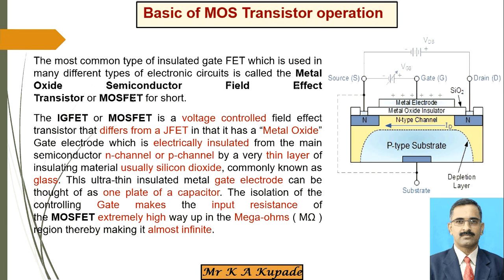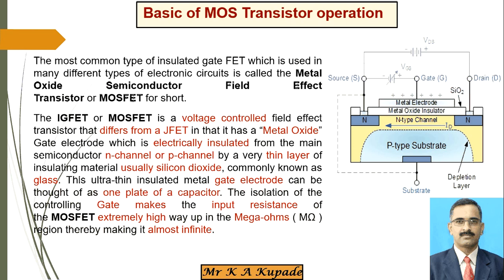Here I have shown the structure of this particular MOSFET. Here, an N channel type MOSFET is shown in this figure. Here there is a metal electrode, along with a metal oxide insulator, constructed as the gate terminal on a layer of p-type material, and this p-type substrate is also used as the secondary terminal for that gate.